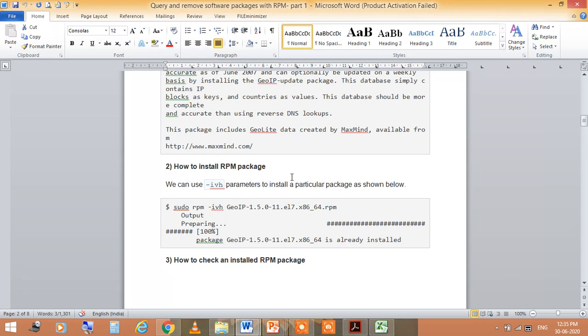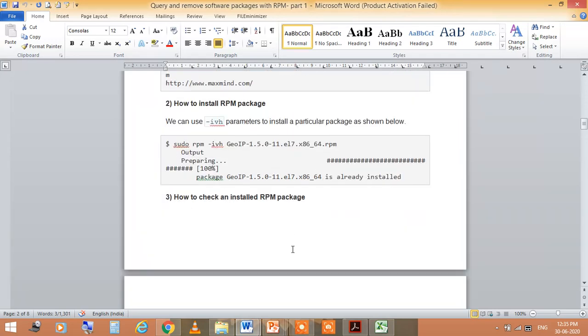Now, how to install an RPM package? For this you can use the -ivh parameters to install a particular package as shown below. Like you see in this box, sudo rpm, and this is the output.